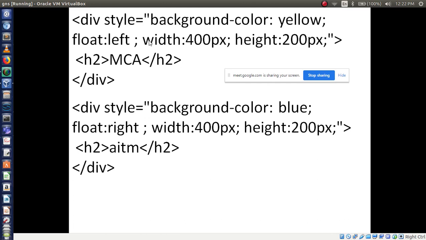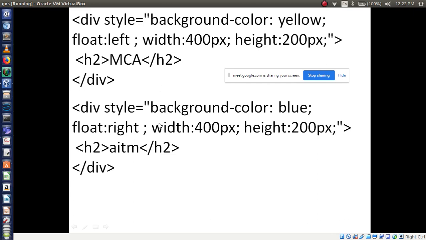Inline style sheet, document level style sheet, or external style sheet? What, Lina? It is inline style sheet, right? We are applying the styles inside the tag only, so it is called inline style sheet.